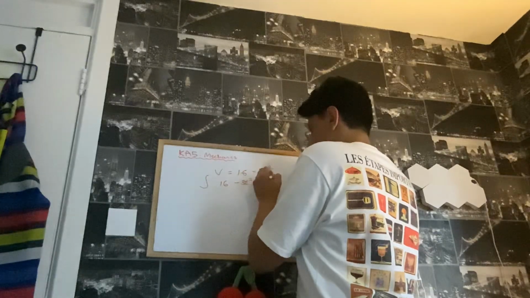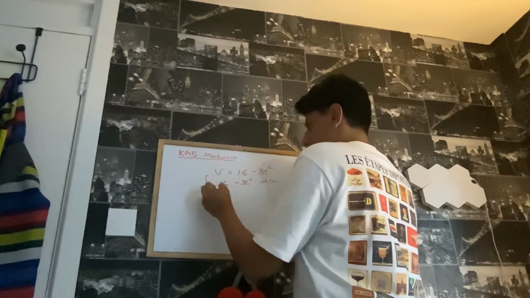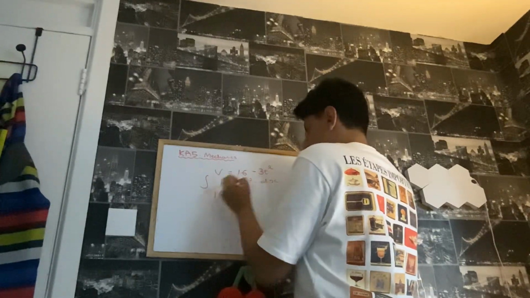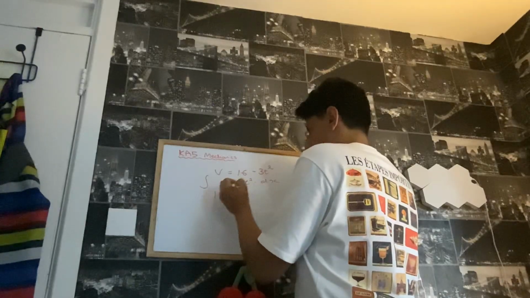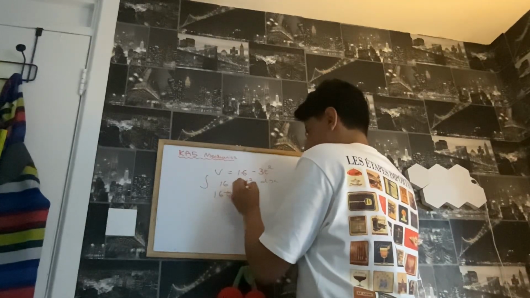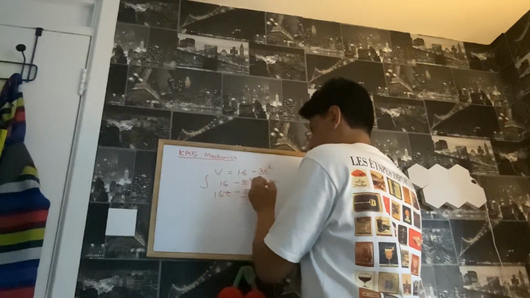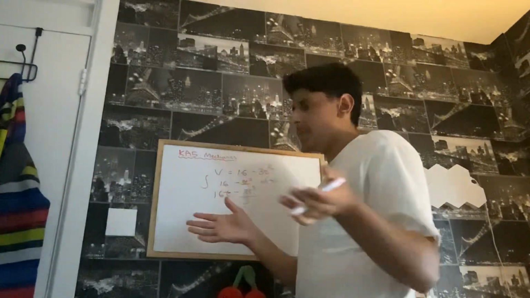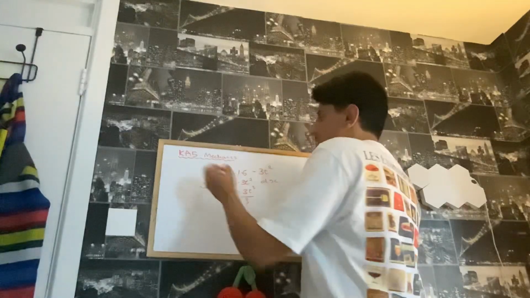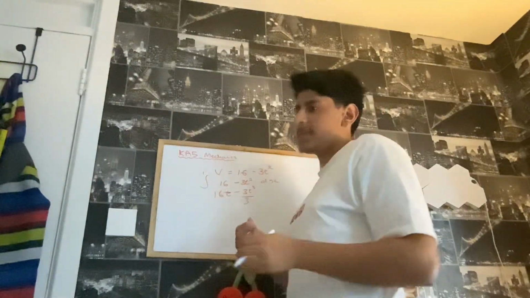Squared dot dx. What do we do? Integrate that 16. Give that bad boy a t. All right. We do minus 3t, at the power divided by the new power. Now this is a special kind of integration where we're trying to find out what happens at t equals